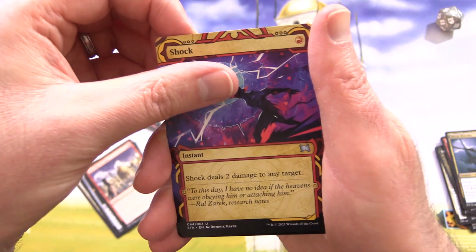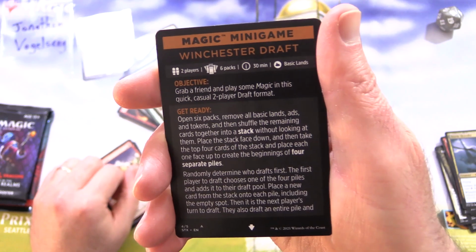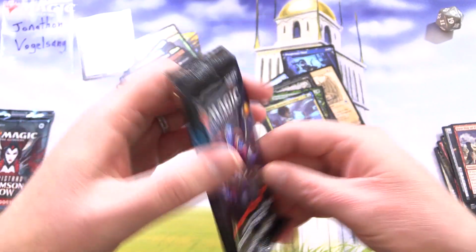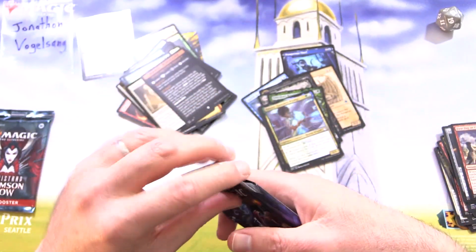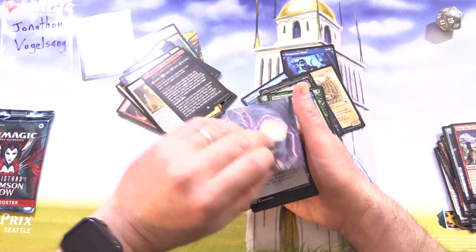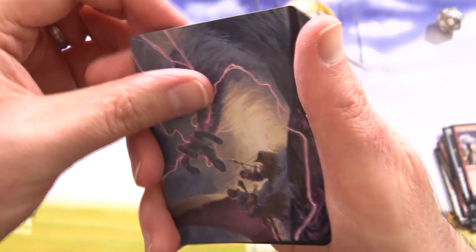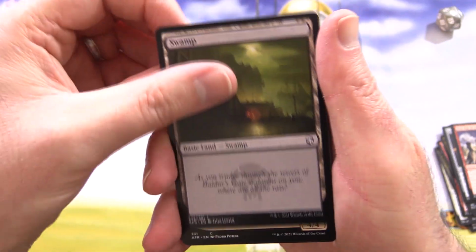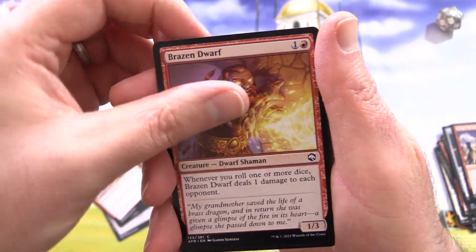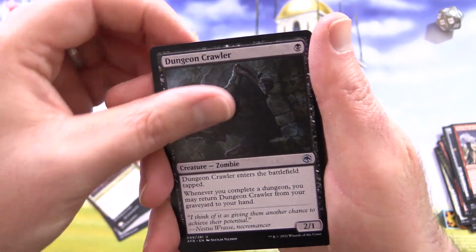And Shock from the Mystical Archives, foil Pilgrim of the Ages, and another Magic minigame, Winchester Draft. Okay, D&D, please no more minigames. We've had quite enough of those. Okay, so we've got Hall of Storm Giants as the art card. Awesome art indeed. And a Swamp, Owlbear, Earth Cult Elemental, Brazen Dwarf, Swarming Goblins, Baron of Clan Undergrove, Dungeon Crawler,